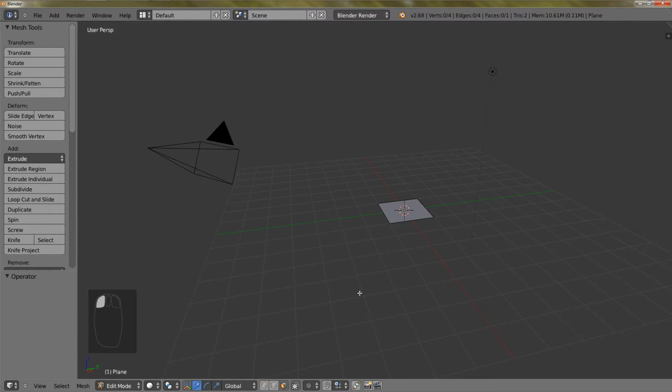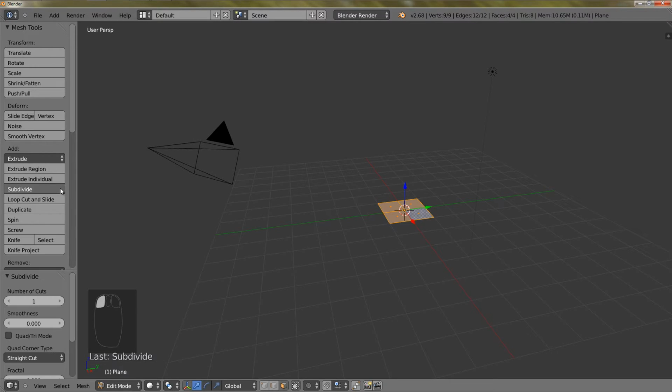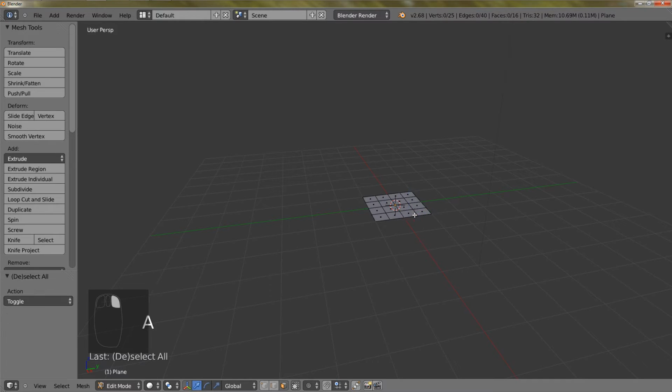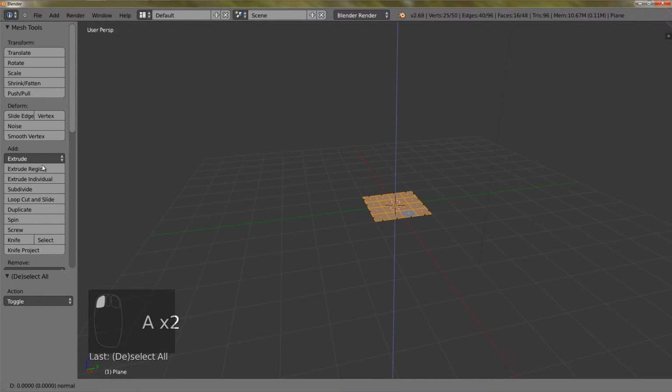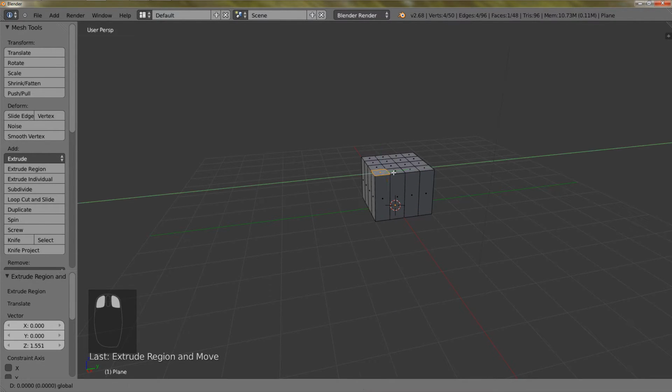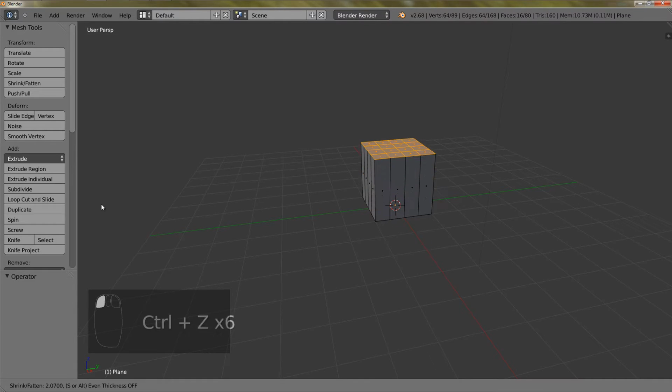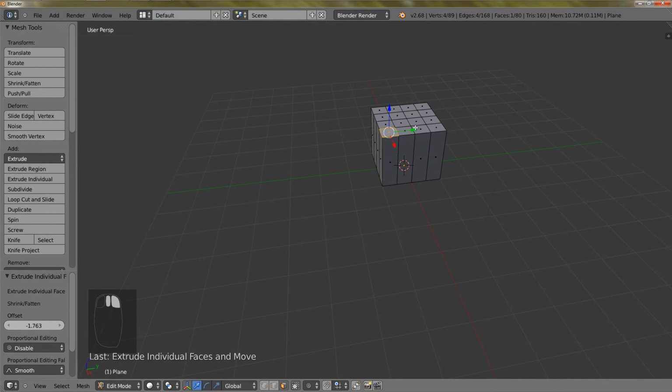Let's start with faces. Extruding individually is when you actually extrude every face. So, for example, I'm going to subdivide. I'll explain subdivide just now. I will subdivide this plane. Now you can see there's many faces on one plane. If I were to extrude them as a region, you'll see that they still all make up one big face. But if I were to extrude them individually and I drag them up, you'll see that all of them are